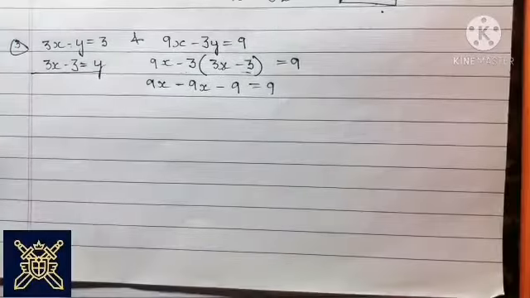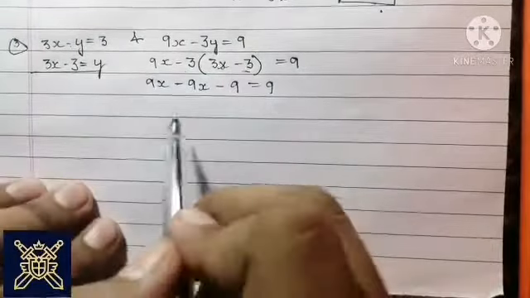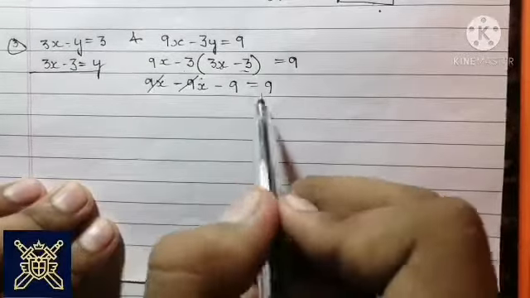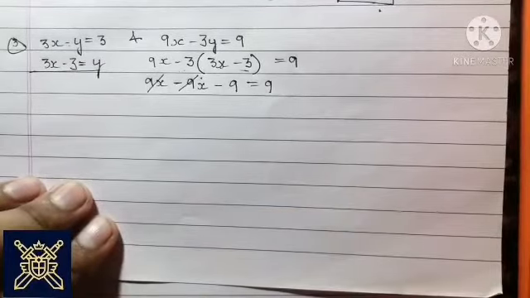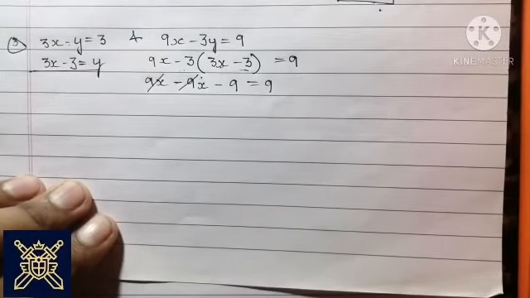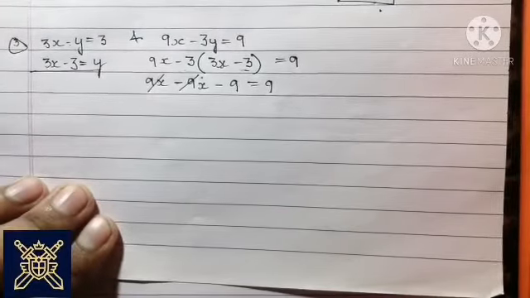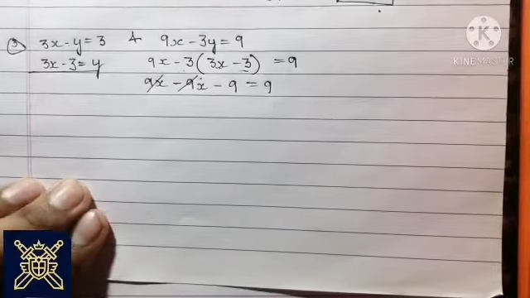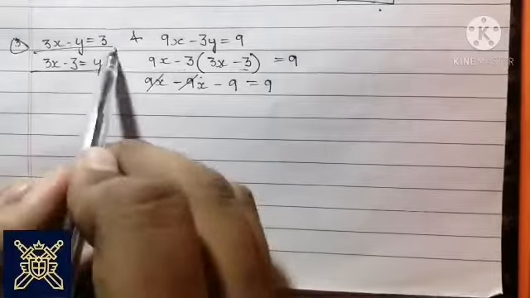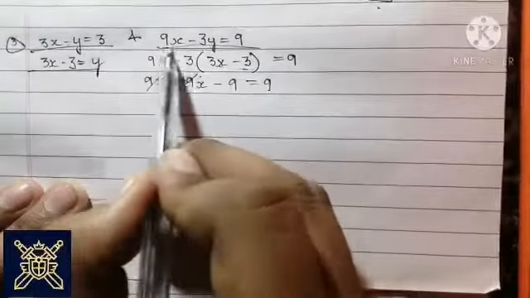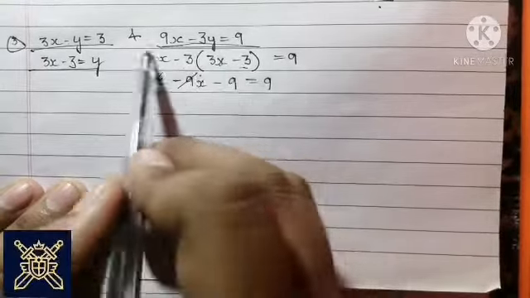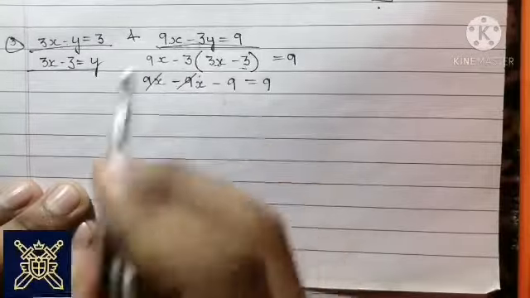Got it. So here when you solve it further, these both will get cancelled and you get 0 is equal to 18, but this is something that we did not want. So in such types of questions, you don't always have to substitute, you have to think. When you see the equation, this particular equation can be reduced further. When you divide all the parts of the equation by 3, let's see what we get.